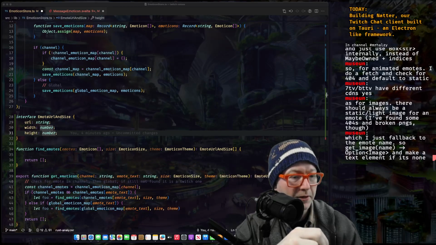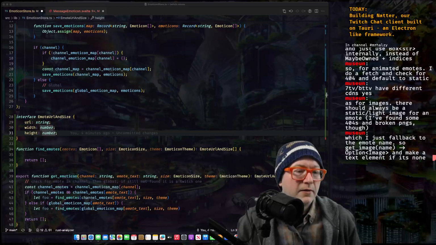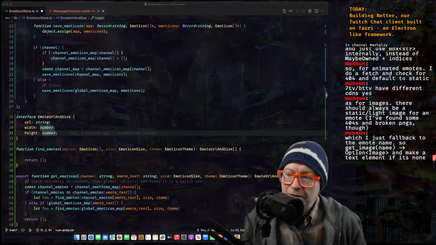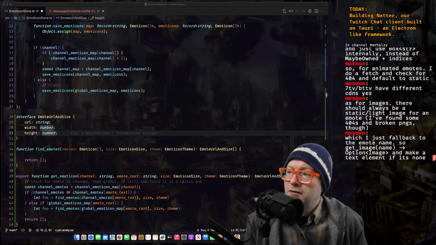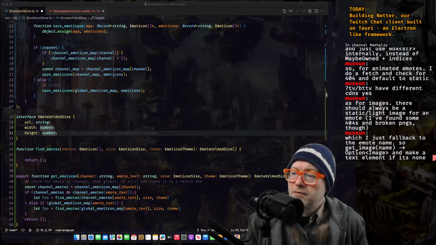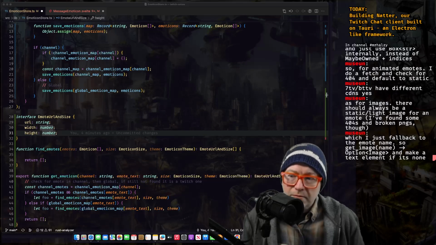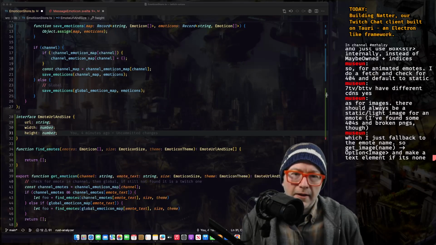You just fall back to the emote name. Oh, right. Because if there is none, you can always display that. That's true. Oh, interesting. And how do I do that with the browser? Right, because if the browser fetches one, fetches the other. Right, worst case, animate and the other one both don't work. Maybe the CDN's down, who knows. Then we could just display the text.